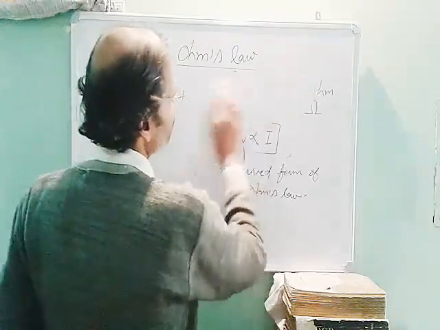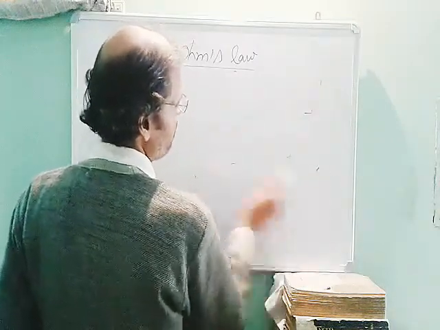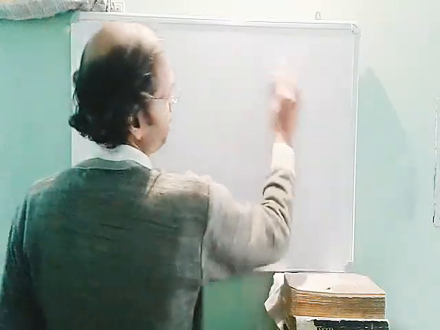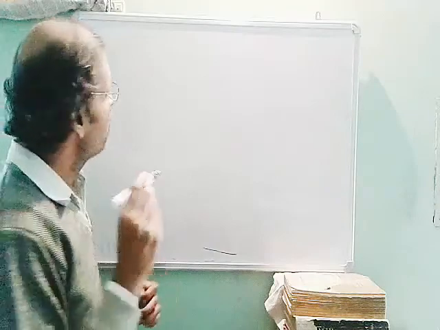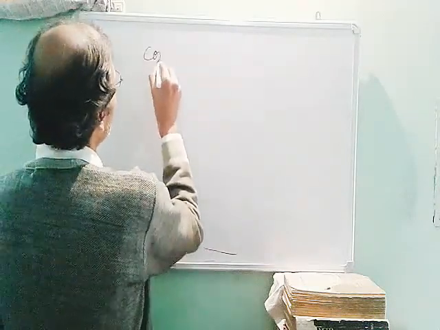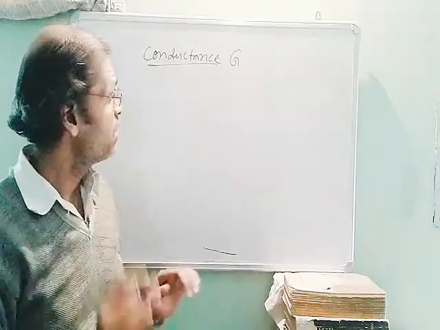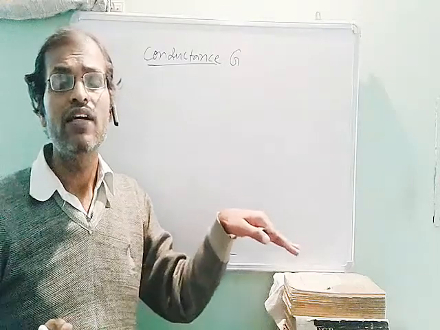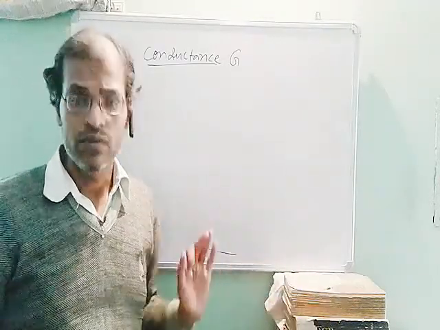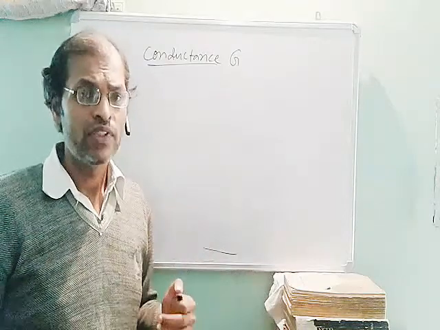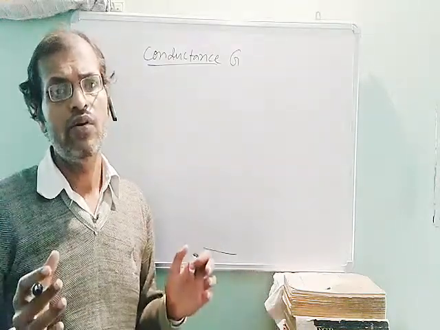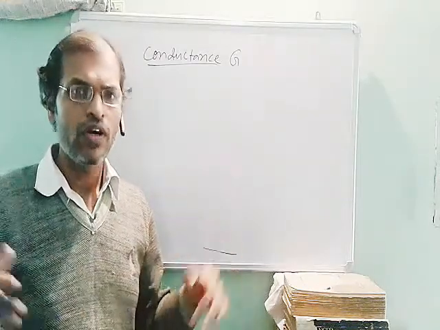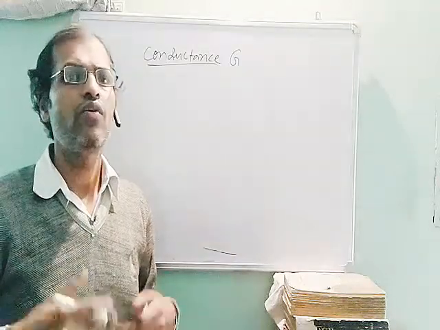Okay. Now, related to this Ohm's law, some more definitions are there which are very important in electrochemistry and in physics as well. Next definition is conductance. Conductance means the ease with which current flows in a metallic conductor or an electrolytic solution. You must be aware of the fact that some electrolytes like solution of NaCl, like solution of HCl, can also allow current to pass through them. That's why they are also conductors.